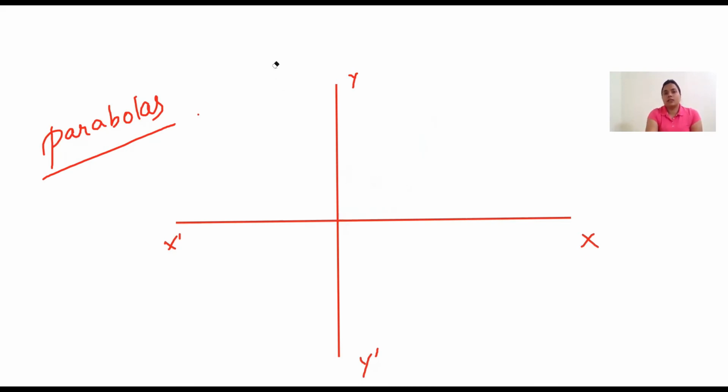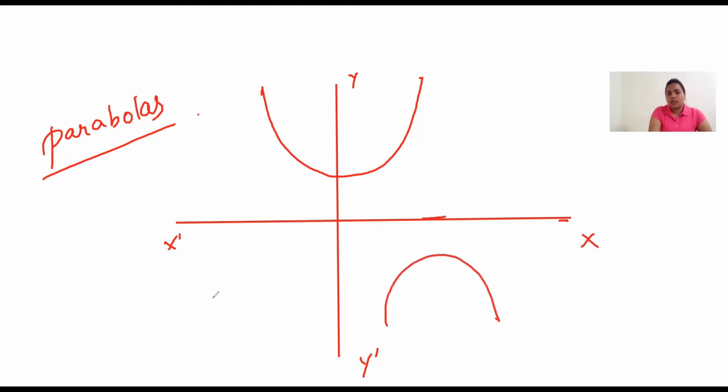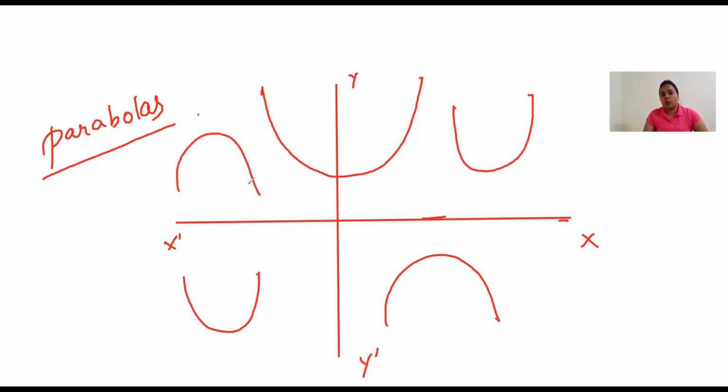Sometimes the graph comes like this also. I'll show you the example. See, in this case, the graph is cutting only the y-axis. It's not cutting the x-axis. There is no point on the x-axis where it is cutting. So we don't have any zero for this polynomial, which means we will not get any value. When we solve, there will be no real zeros for the polynomial given. The graph can be like this, or like this. For all these graphs, we don't have any zero for the polynomial.